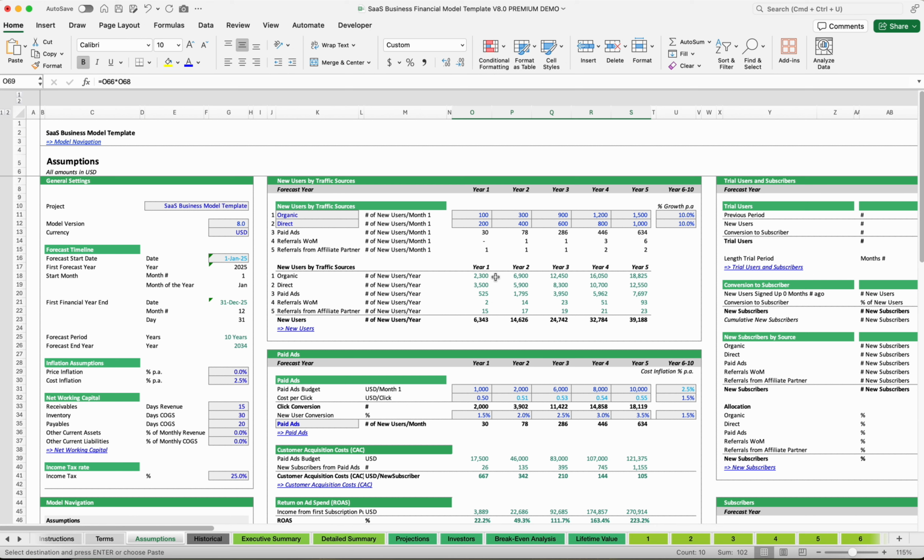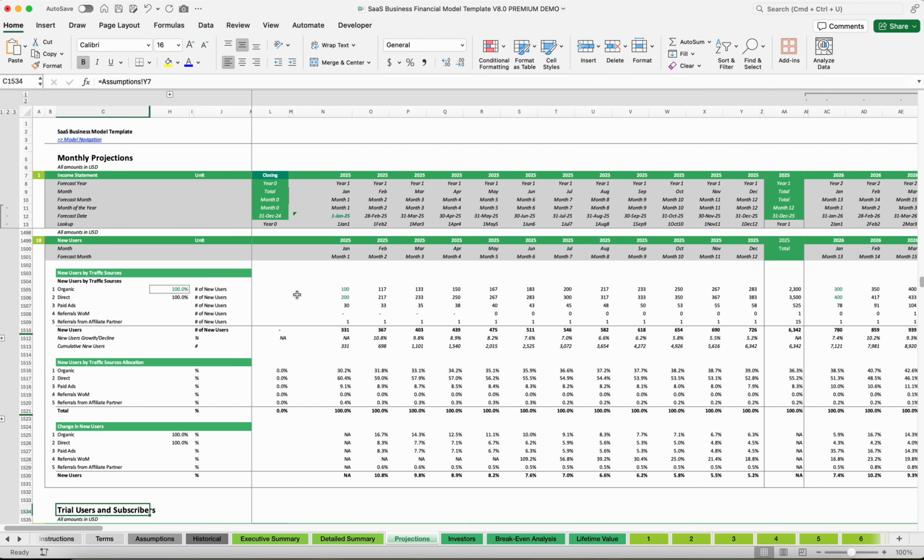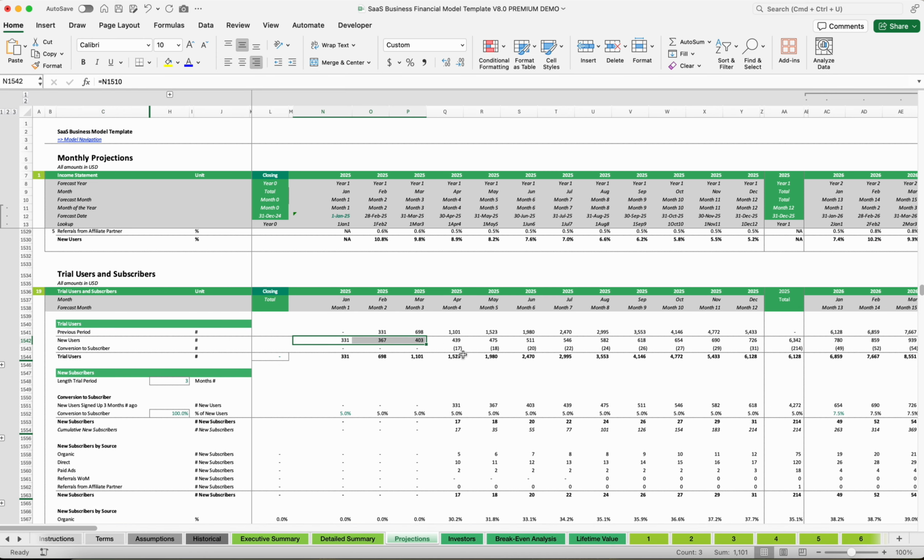And then we add this all up, and we can get the number of expected new subscribers for our trial offer. In our trial offer, we can then estimate what's the conversion rate from free user to paid user. And we can also enter here in case we have a time lag. In case there is a trial period of a couple of months, we can then see the new users, and